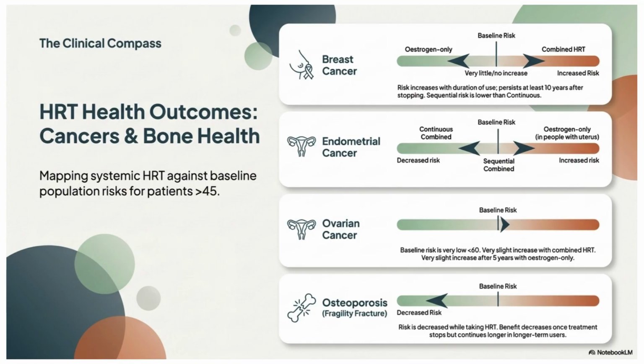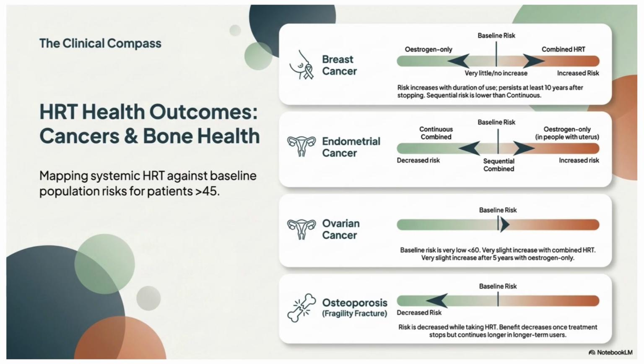When discussing HRT, place each outcome against the patient's baseline risk. For breast cancer, combined HRT increases risk, while estrogen only HRT causes very little or no increase. For endometrial cancer, continuous combined HRT provides protection. Estrogen only HRT should not be used when the uterus is present. Ovarian cancer is much less common than breast cancer. NICE describes a very small increase in risk with HRT, but the absolute risk remains low,